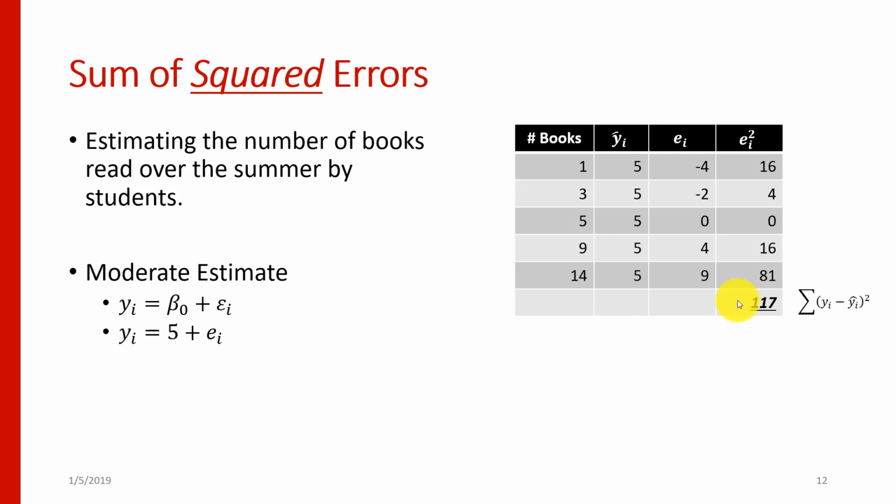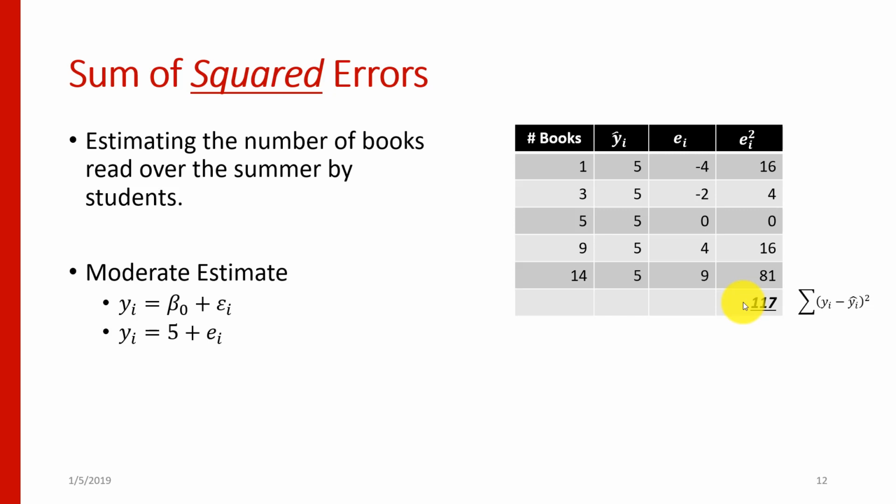What if I take my moderate estimate? Again, we're going to estimate 5 for each person. We're going to calculate the difference between the observed data and our prediction to get a residual. We're going to square the residuals, and then sum all of those together, and we get 117. And if we did this for lots of different numbers, what we would find is that the smallest sum